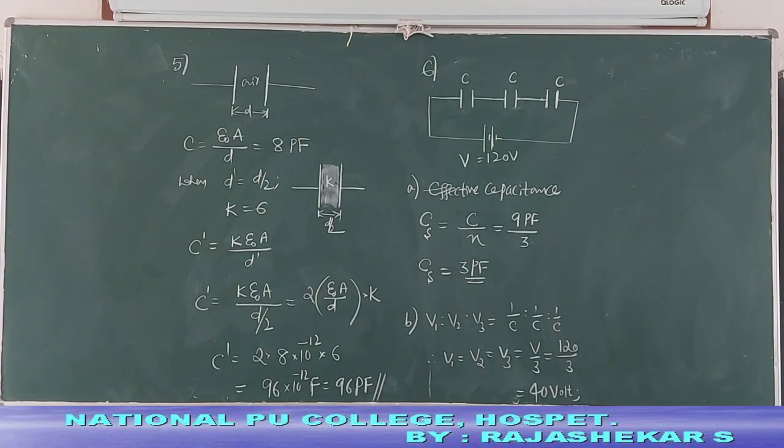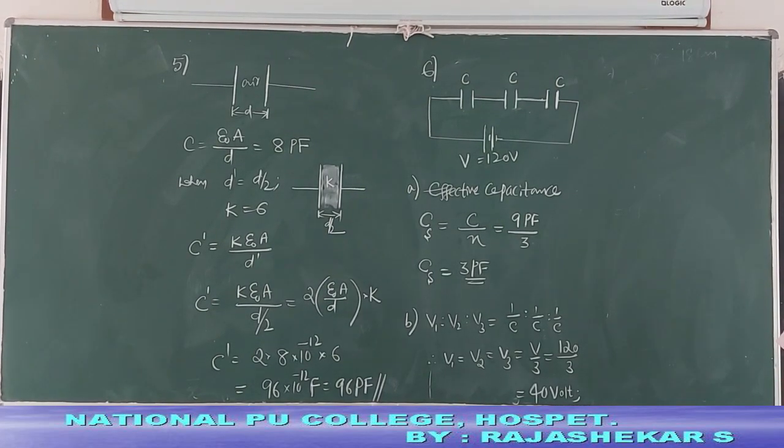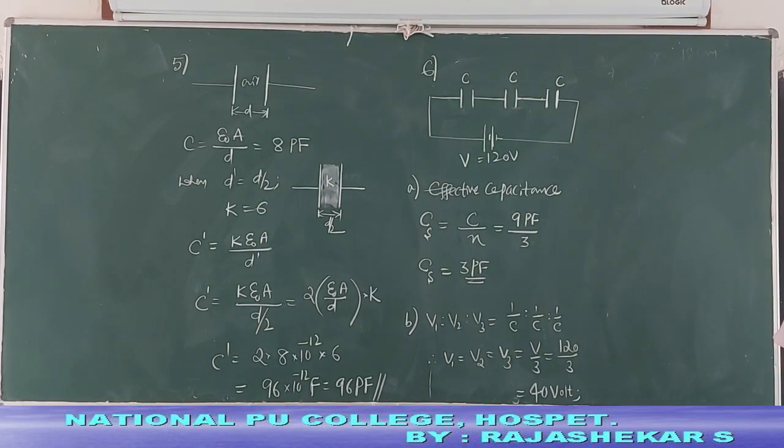Well, let us refer now to question number 7. In question number 7, you are given a parallel combination of 3 non-identical capacitors, 2 picofarad, 3 picofarad and 4 picofarad, and asked for the total capacitance and also the charge on each capacitor if the combination is connected to a 100 volt supply.